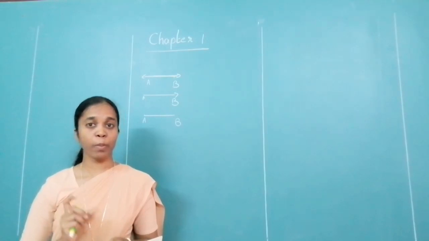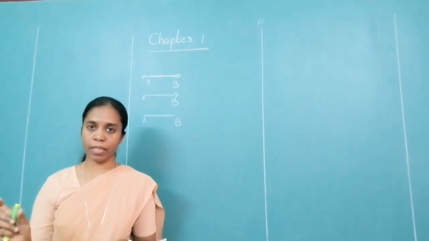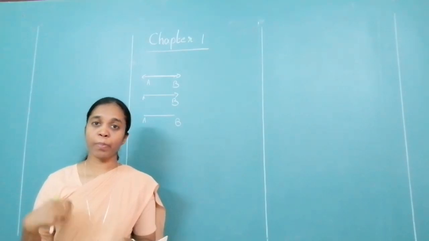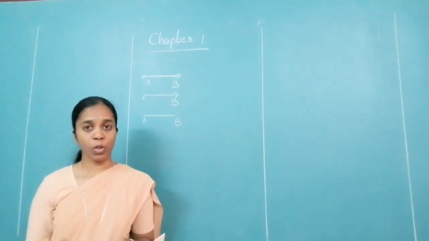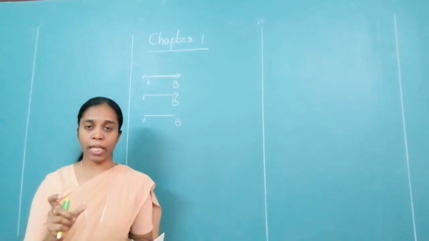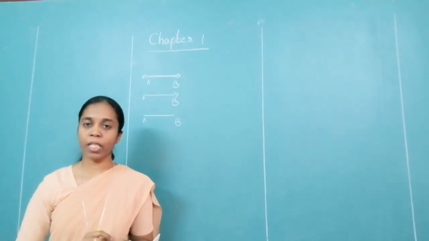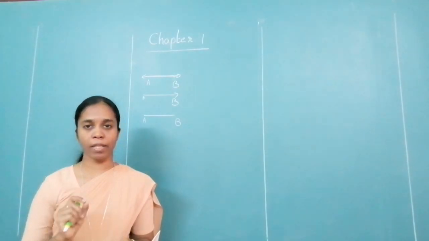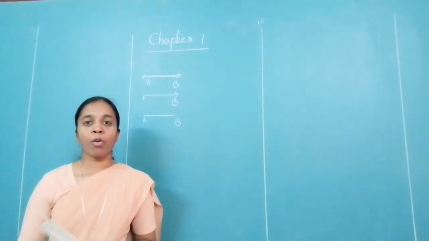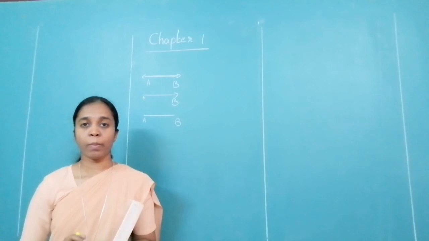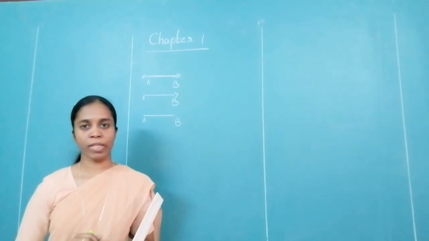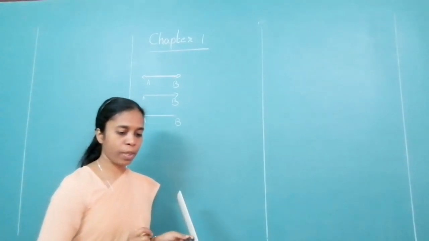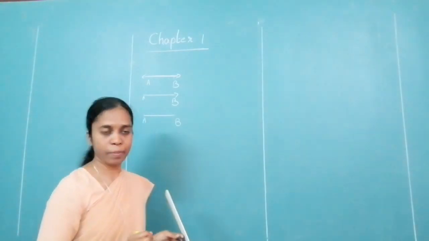Now, when you hear the word perpendicular bisector, bisector means dividing into two equal parts. When it is perpendicular bisector, it also means that it is creating an angle of 90 degrees. Perpendicular means it is making an angle of 90 degrees. Let us see how to draw the perpendicular bisector of a segment. I have a segment of 5.3.